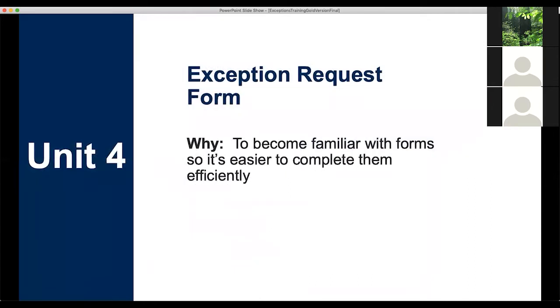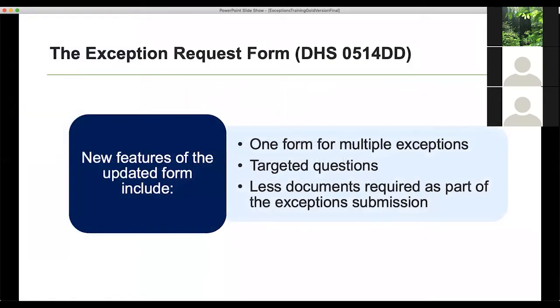So now we're going to talk more about the form, like I was kind of mentioning and previewing, and we want people to be familiar with that form and kind of how it's going to be more efficient, hopefully. So we kind of have some new features of this updated form. It's been a very involved process, but one of our number one goals was to have one form for all